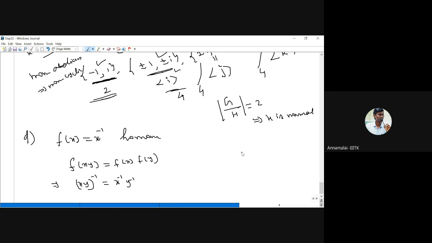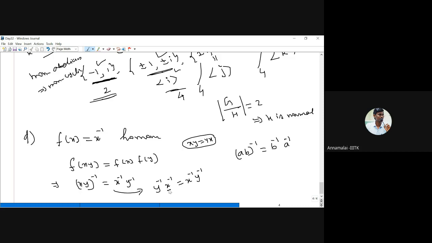But in group theory, this result is true. As already said, (AB) whole inverse is nothing but the reverse, B inverse into A inverse. Therefore, on the right hand side, (xy) whole inverse is nothing but y inverse x inverse, equal to x inverse y inverse. So what do we have to prove? We have to prove that G is abelian, that is, xy equal to yx for all x.